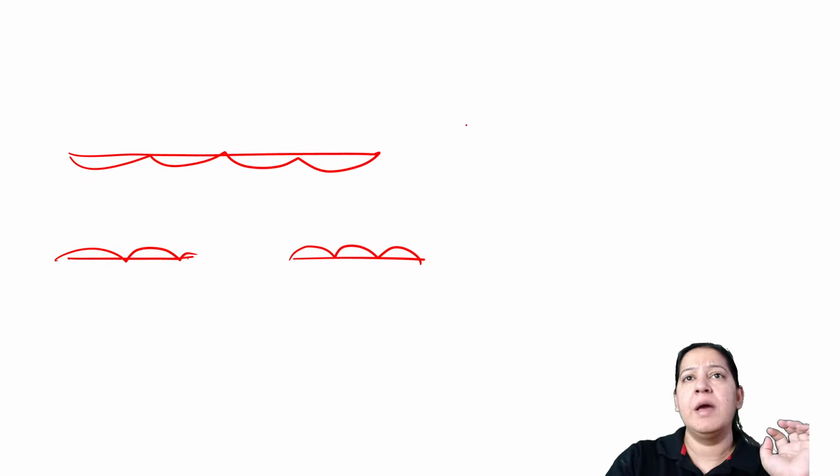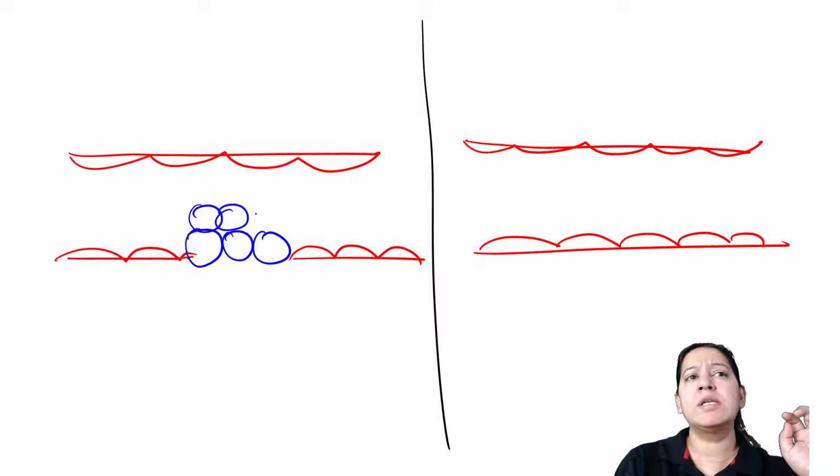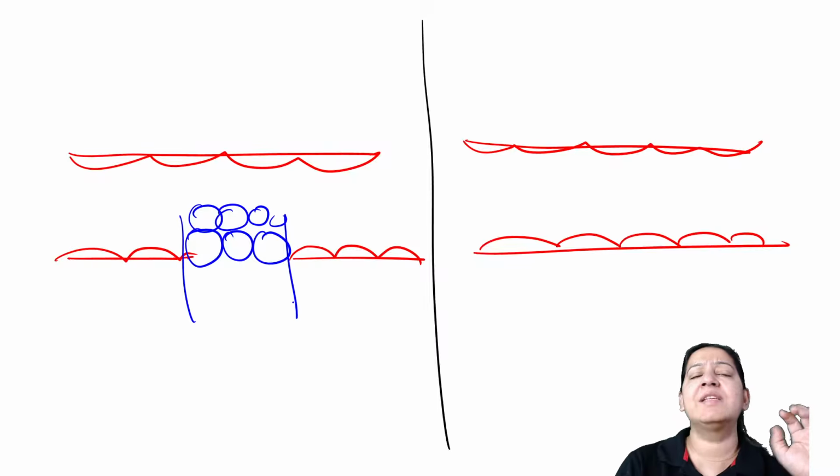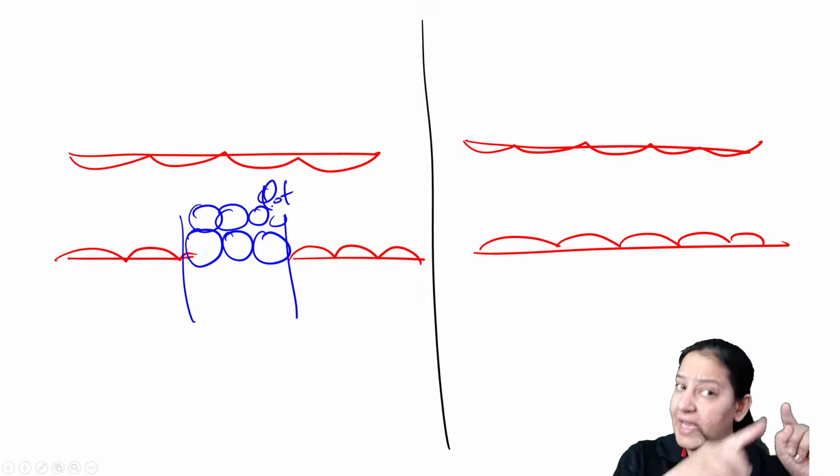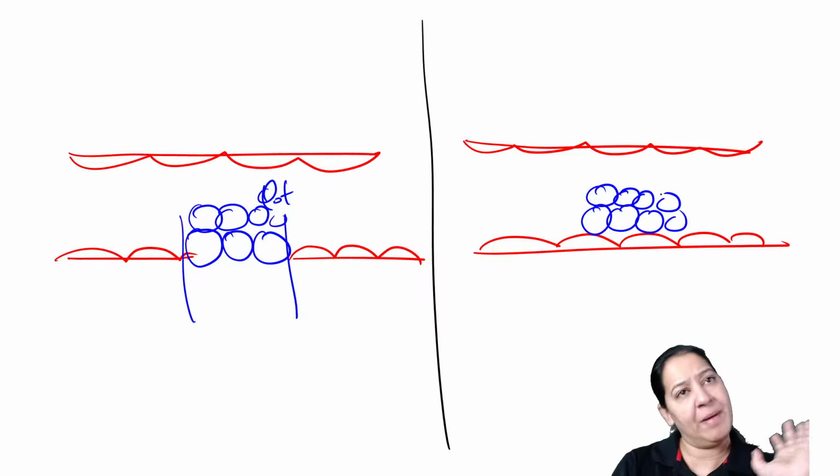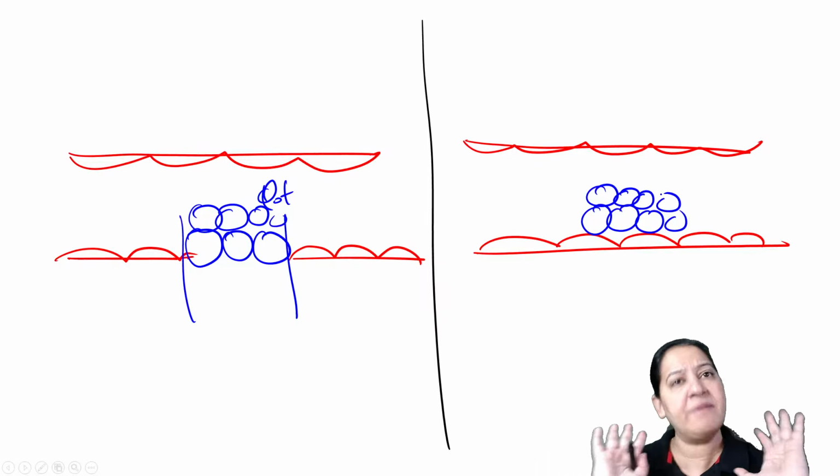The clot is made up of platelets and coagulation factor, that is fibrin. Can you see this is the clot here? The clot is formed to seal the site of the injury. So here we want the clot till the healing takes place. After healing, I want to dissolve it. And here the clot is forming without injury. The clot is forming of the platelet and coagulation factor only, but without injury.